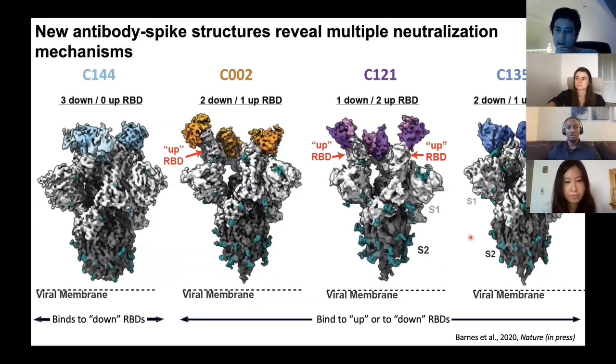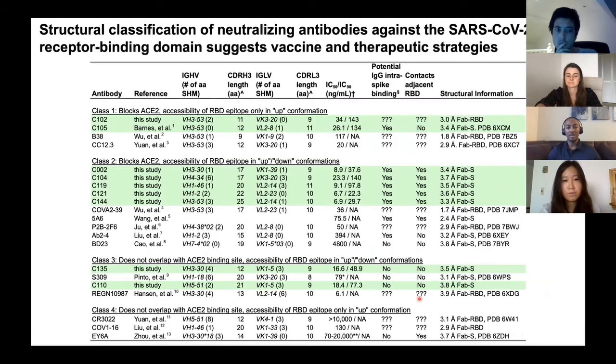So outside of the C144, we've described other structures, different antibodies, all different potencies. They combine multiple conformations in the context of the spike glycoprotein, including up and down RBD conformations with different stoichiometries. And so in a recent publication, we've decided to map out and classify all these different antibodies. What I'm showing here is the 8 different structures that we classified in that work, showing different classes that bind